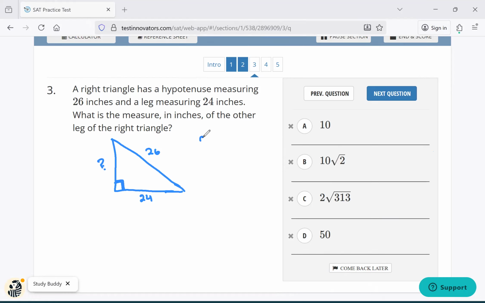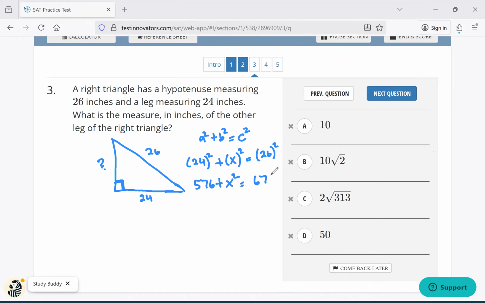The Pythagorean theorem is a squared plus b squared equals c squared, right? So one of my legs is 24. My other leg is unknown, we'll call it x. And my hypotenuse is 26. So what is 24 squared? It is 576, plus x squared. And then 26 squared is